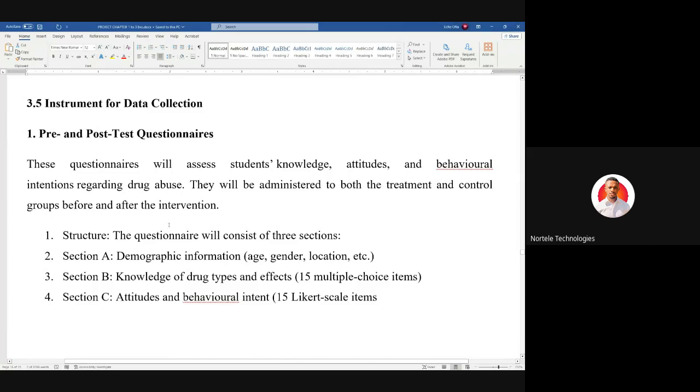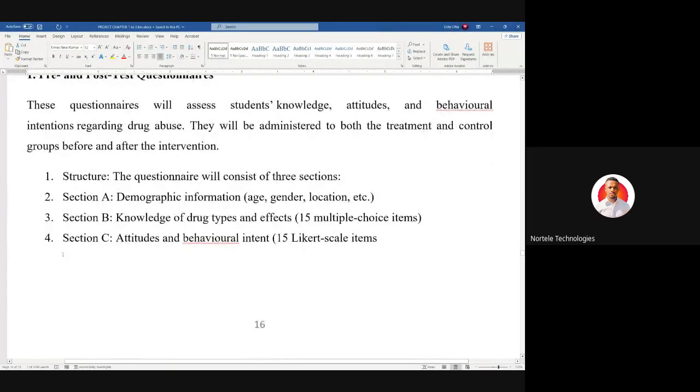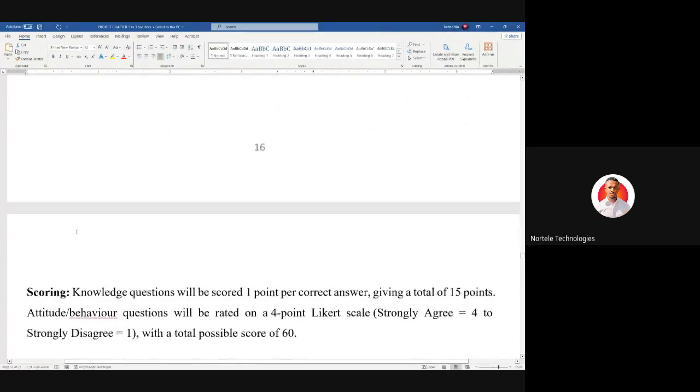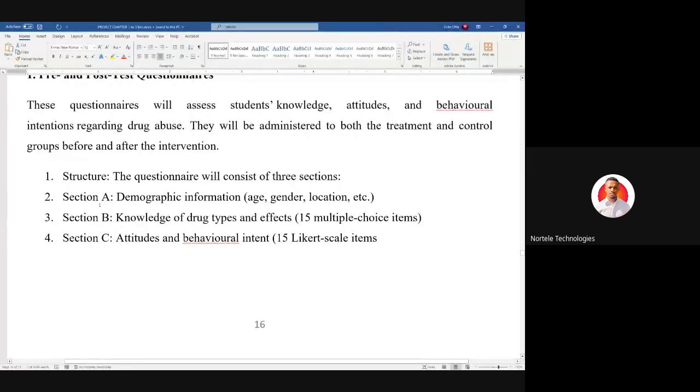And finally, before I forget, if you're going to use a questionnaire, your questionnaire should be divided into the number of research questions and the number of objectives you have. If you have 5 research questions or 5 objectives, the sections should be 5, or you can make it 6 to add demographic information. Let me give an instance. If the objectives of study are 5 or 4,